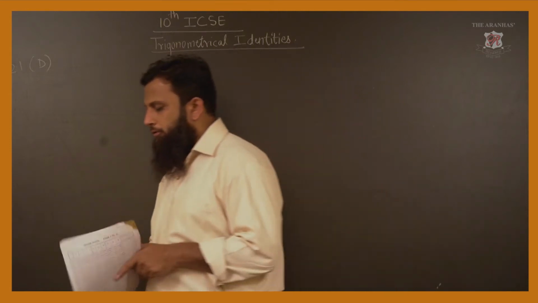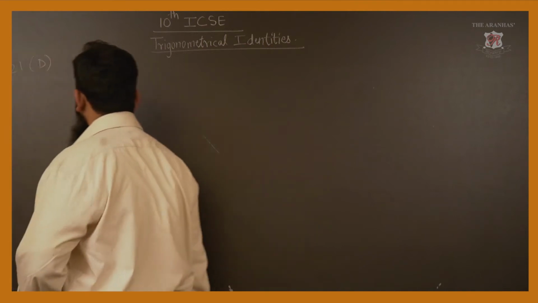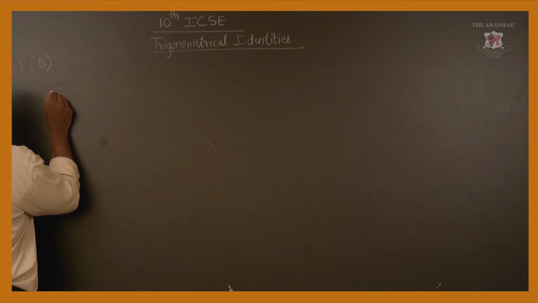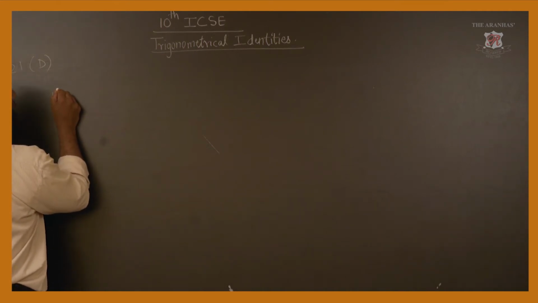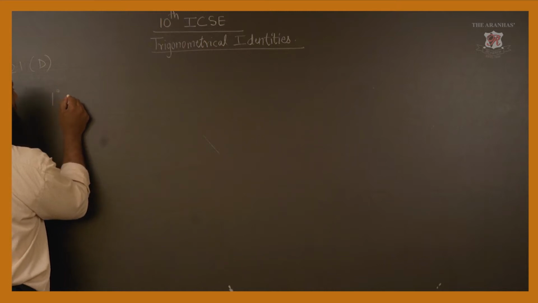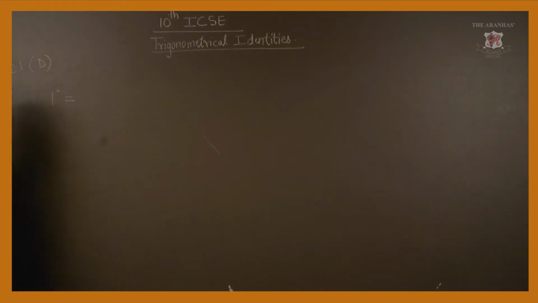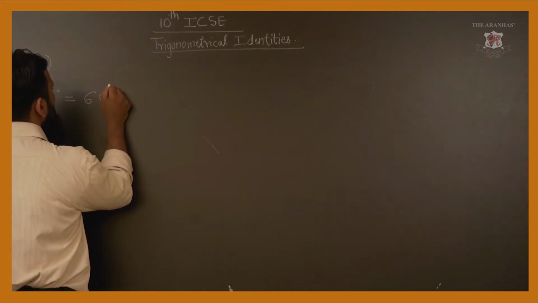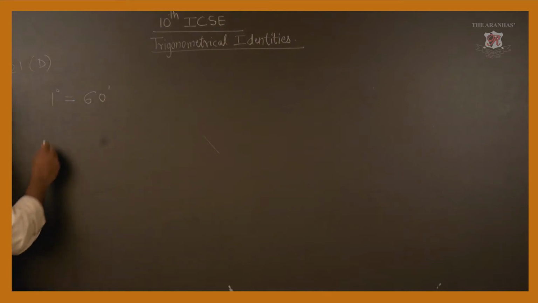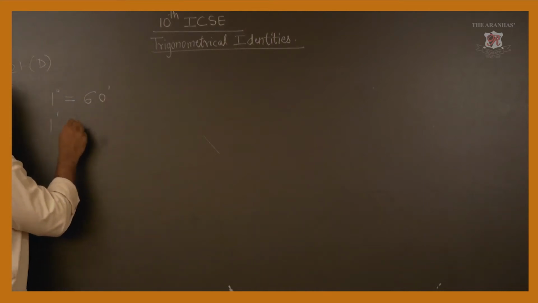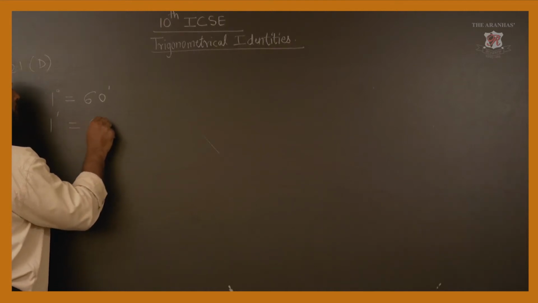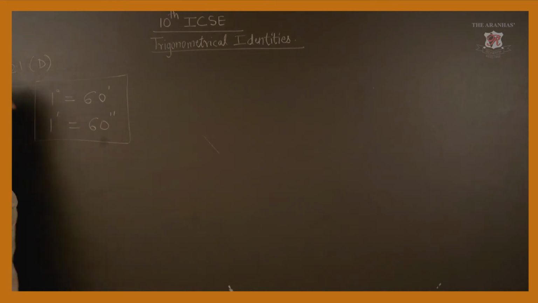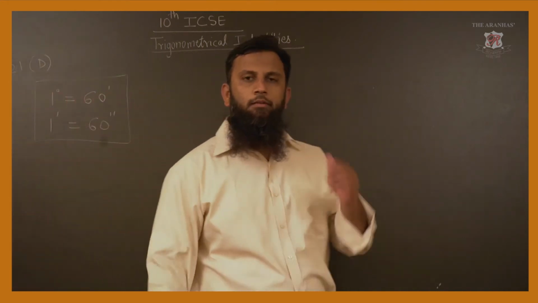But before we proceed to that, let us see how to convert. Now suppose we have 1 degree. So 1 degree corresponds to 60 minutes and 1 minute corresponds to 60 seconds. Students, this is very important. One should know this